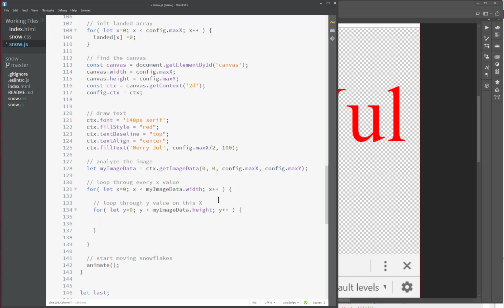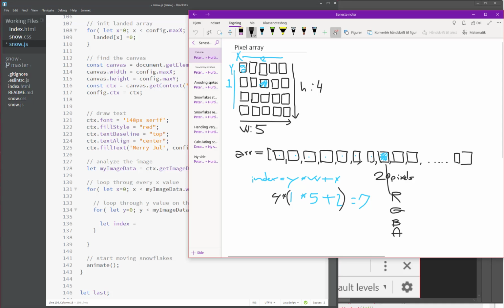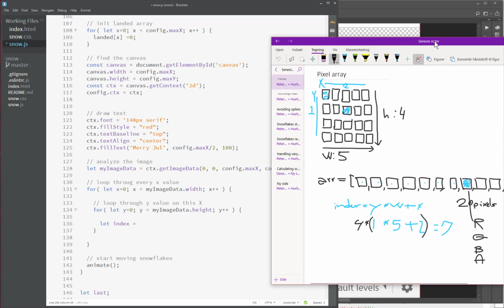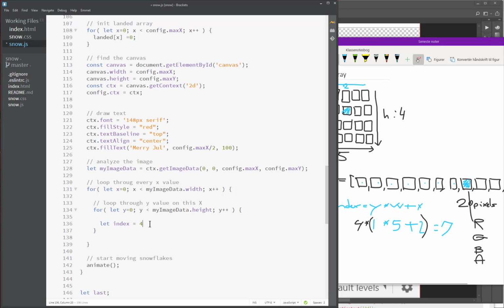And then we can get the R value. That would be my image data at, let's find our index. Our index would be, as I calculated, 4 times, and I have to parenthesize everything, y times the width plus x,